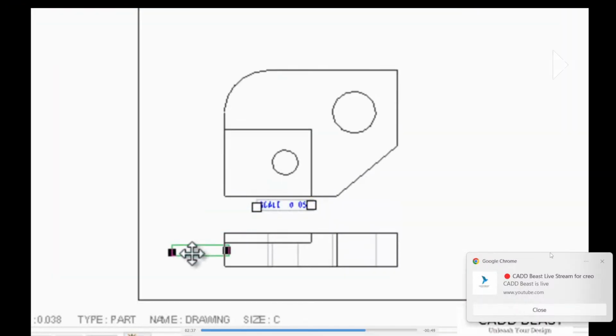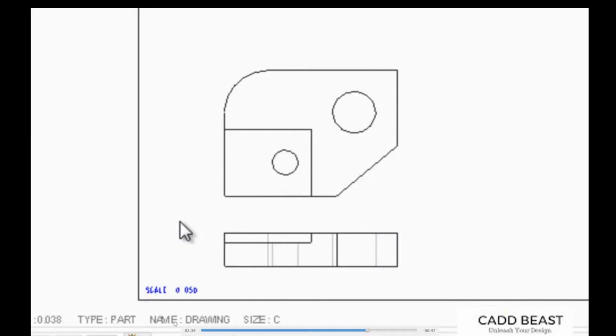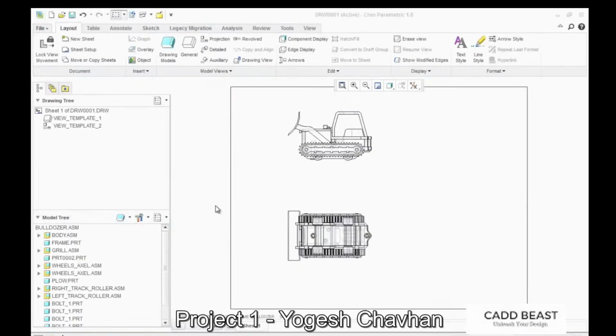Move this note down into the corner. Now I want to add a general view to my drawing. I'm going to create an assembly drawing that will use balloons to reference the parts in the assembly to the